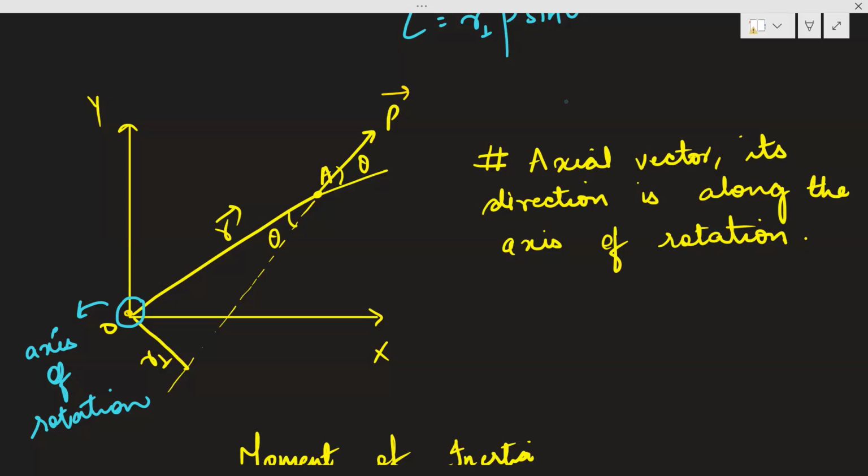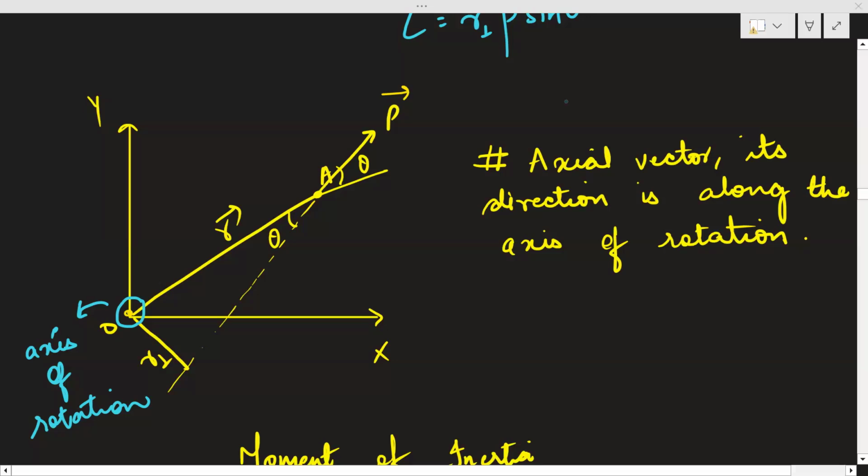Okay, class, from moment of inertia, just one topic, moment of inertia is left. So this I'll continue in the